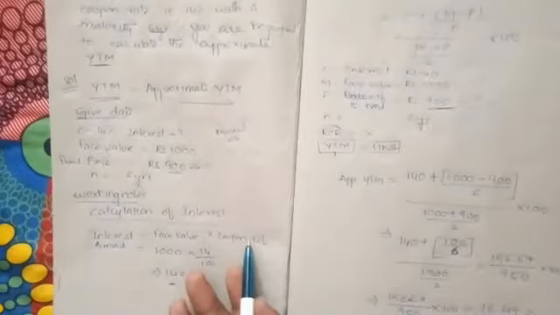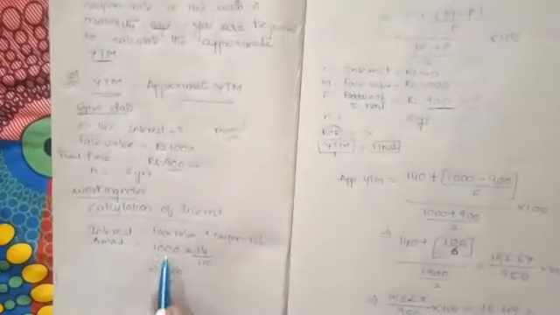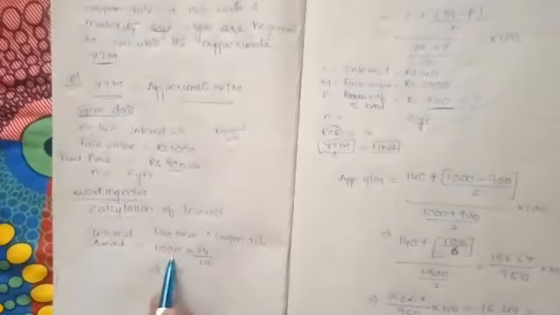For that, first we need to find the interest amount. How to calculate the interest amount? Interest amount is equal to face value into coupon rate. What is the face value? That is 1000. I told you that every time the interest will be calculated on the face value or par value, not on the present price. Remember that. Then 1000 into 14 divided by 100, 140 is the interest that you are going to get every year.